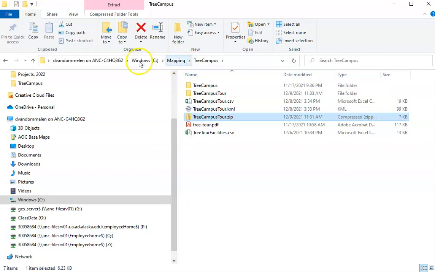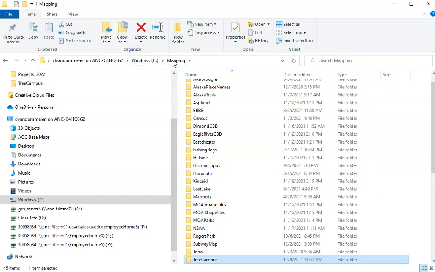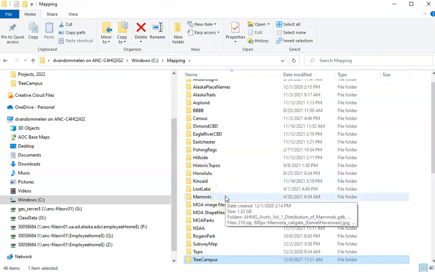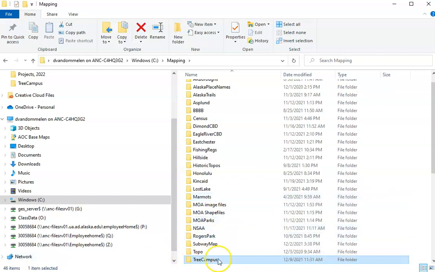my Windows folder. You'll see that in the Windows C drive, I've created a special folder called Mapping, where I put all of my ongoing mapping projects. And I do that because I find it's a lot easier to have something directly on the C drive when I'm using ArcGIS Pro than working in the cloud somehow. So I've created here not just a tree campus folder, but I also have the shape files that I'll be using for this project stored here as well. You're free to do this any way you want to, but it does help to have it on the C